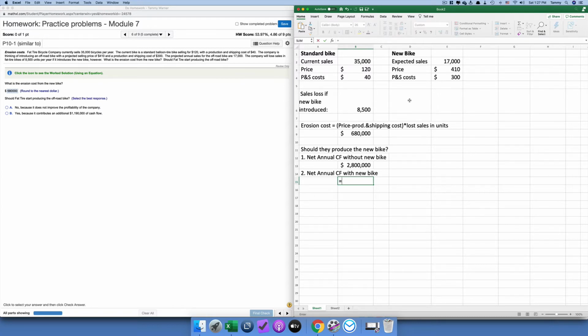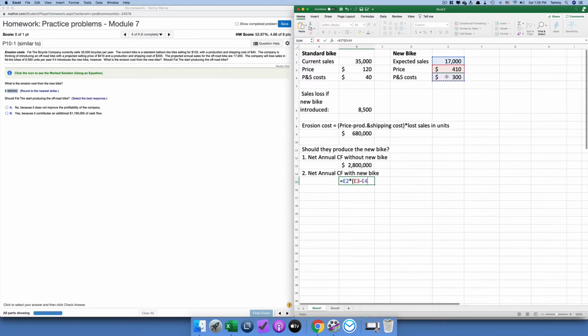And obviously there's a lot of different ways that you can set this up and think about it, right? As a matter of fact, I don't even know if the way that I'm setting it up is the way that they tell you to in the book. This is just how I think, because I see everything in columns and rows. But it's just a logical process, right? So we look at with the new bike, we have the new bike sales times the price minus the variable cost, plus the